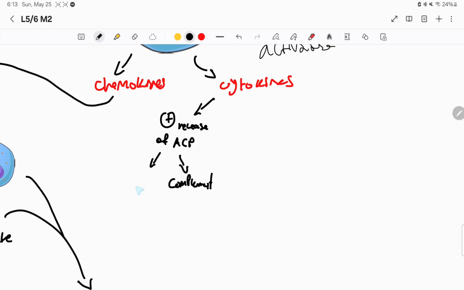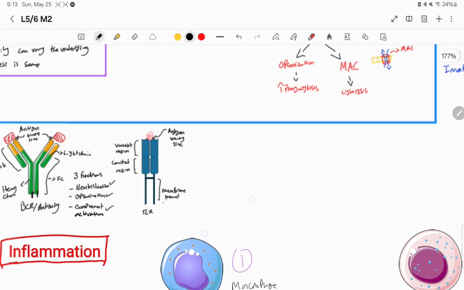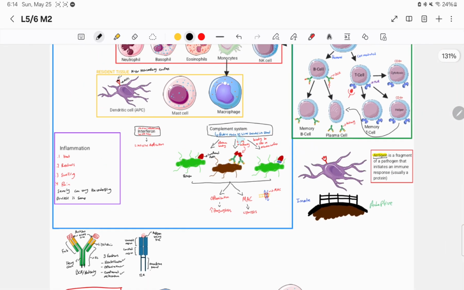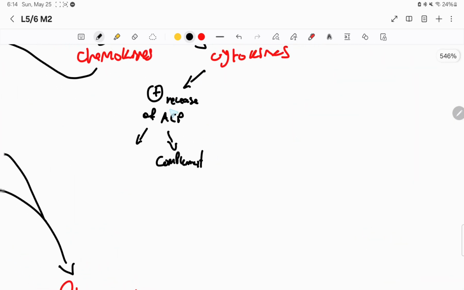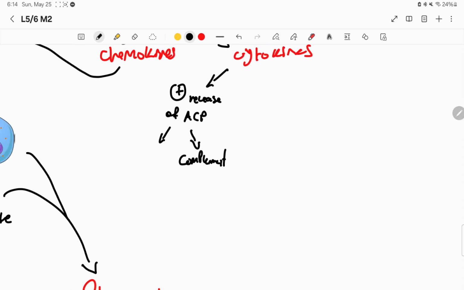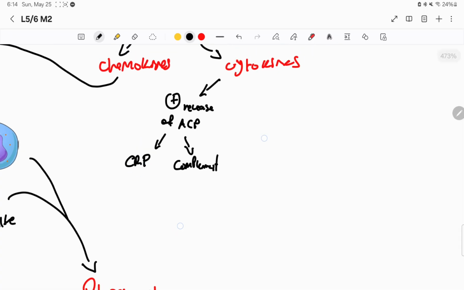And by the way, these complement proteins are made by the liver. They're always circulating inside our bloodstream in an inactivated form, waiting to be activated by some event like this. But when I say that they stimulate the release of complement proteins, I mean the release of even more. And this other thing called C-reactive peptide, which again can harm